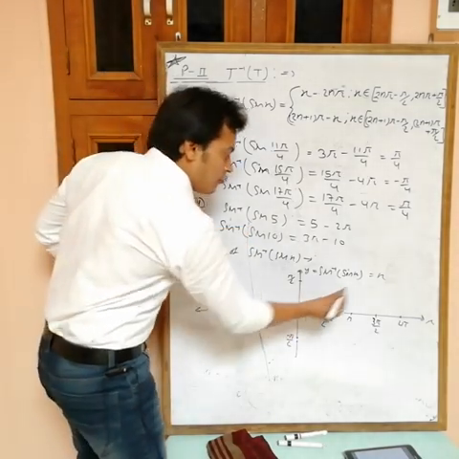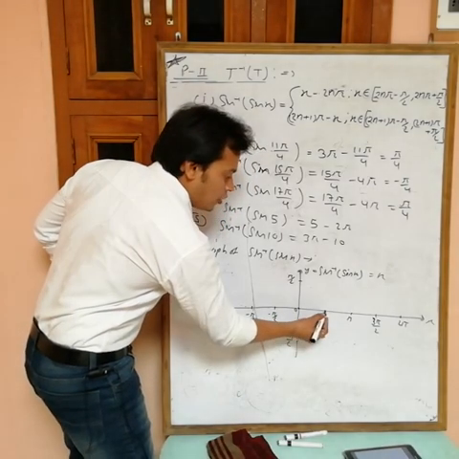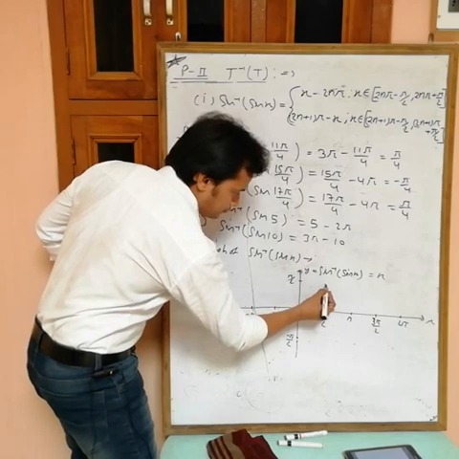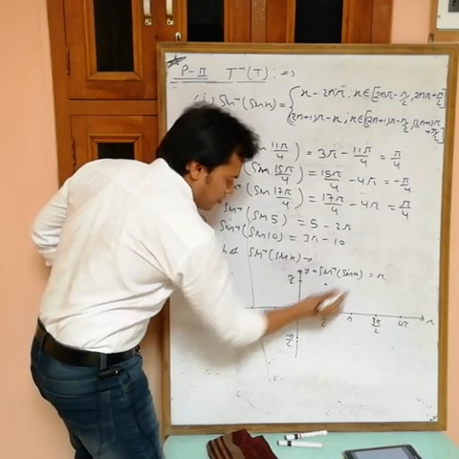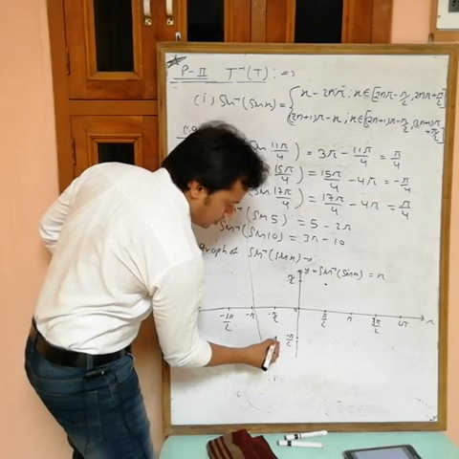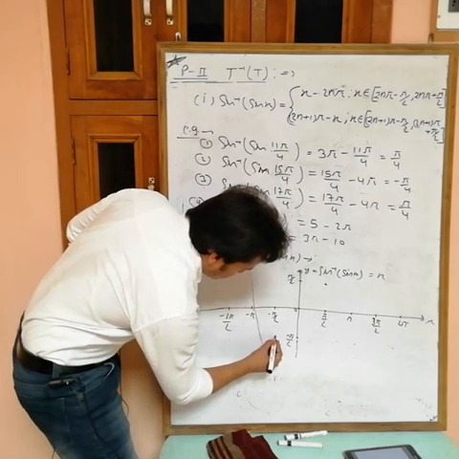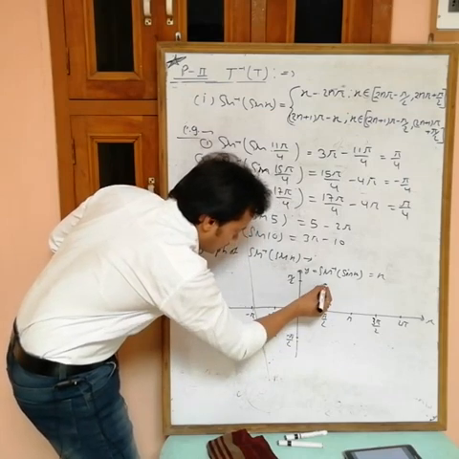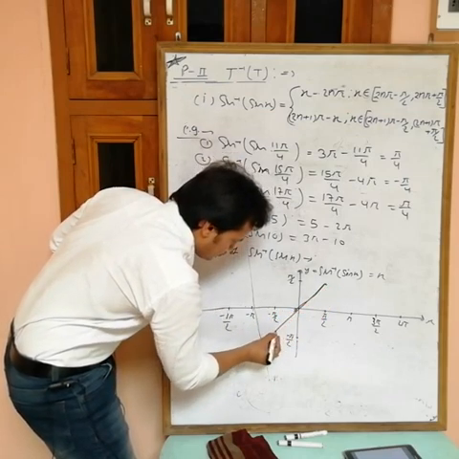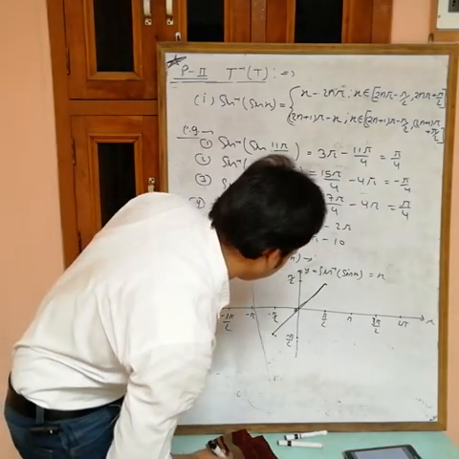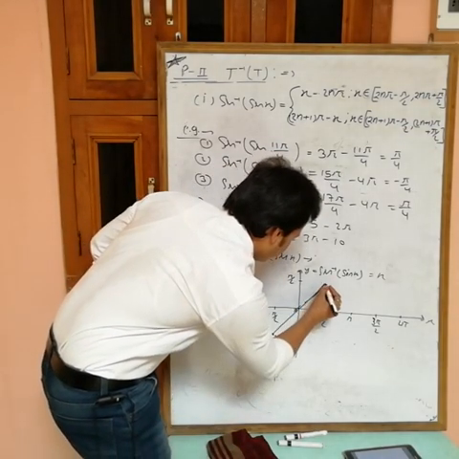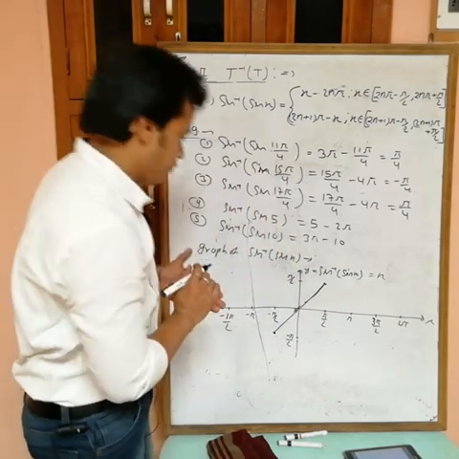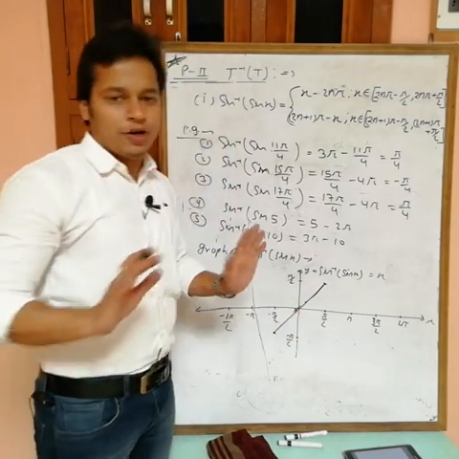Okay, y equals x, a line, put the values. If you put 0, what are we getting? 0. Now put pi by 2, what are we getting? Pi by 2. So at pi by 2 we are getting pi by 2. Put minus pi by 2, what are we getting? Minus pi by 2. Okay, join them. This is minus pi by 2. So if you join them, then you will get a line. Okay, so this is the graph for minus pi by 2 to pi by 2. Over.